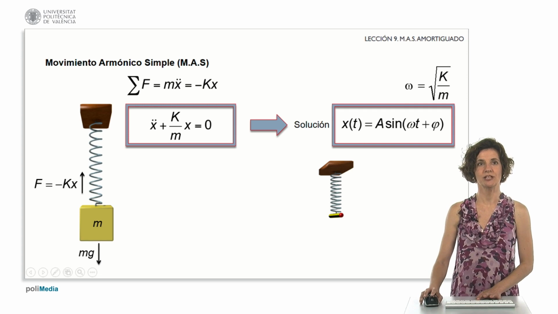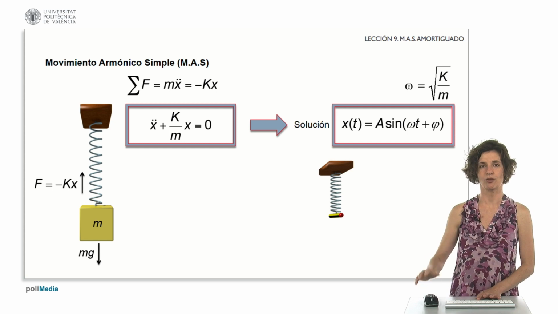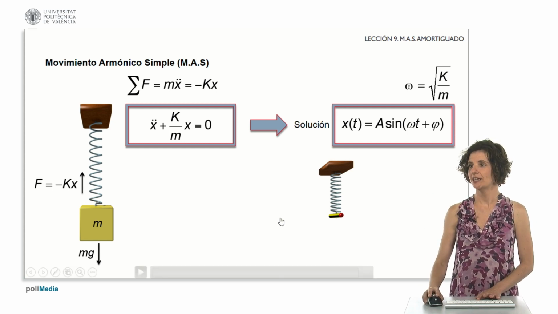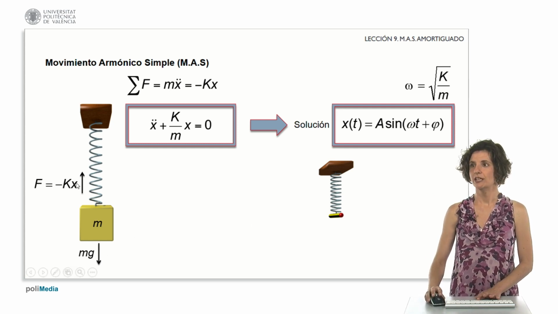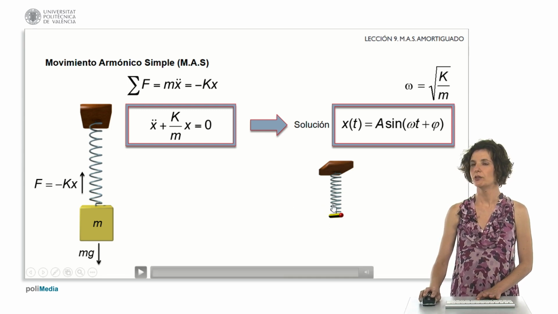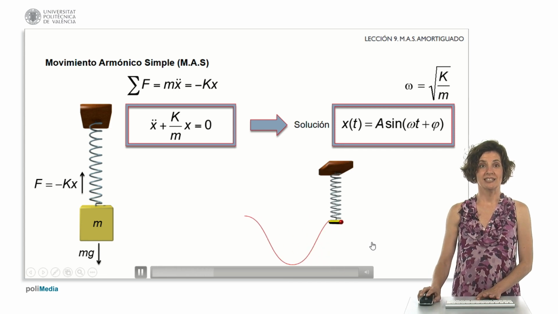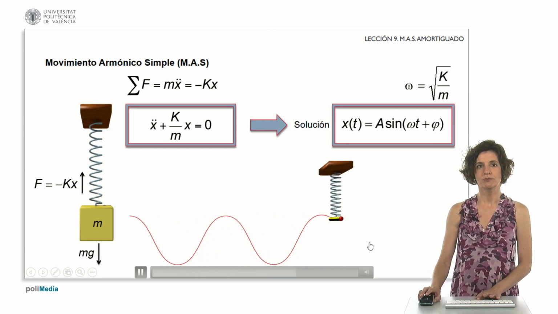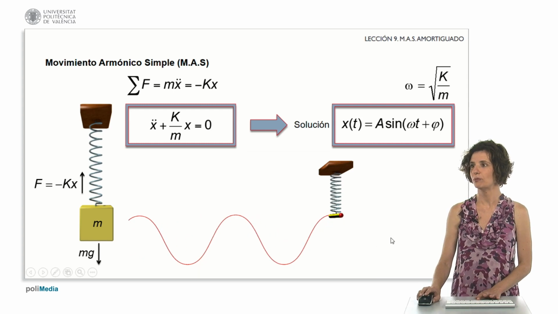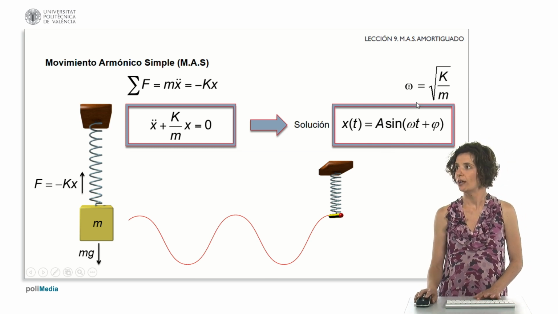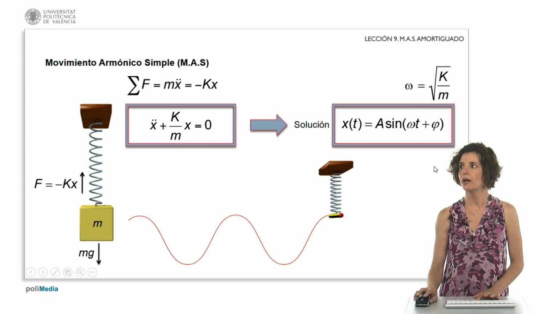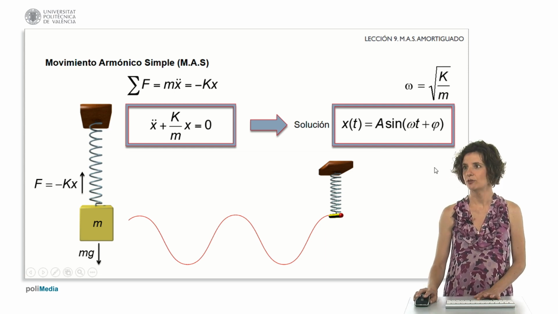Recall that in the ideal case we studied in previous lessons, a spring oscillates in the absence of friction. The only forces involved were the weight force and the spring restoring force, minus kx. The motion describing the spring in this case is an ideal simple harmonic motion. We see that its amplitude is constant, and the elongation is described by this equation, A sine of omega t plus phi, with the pulsation omega equal to the square root of k,